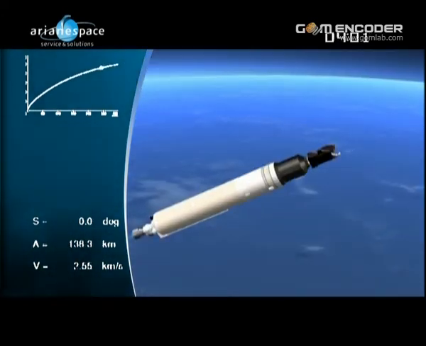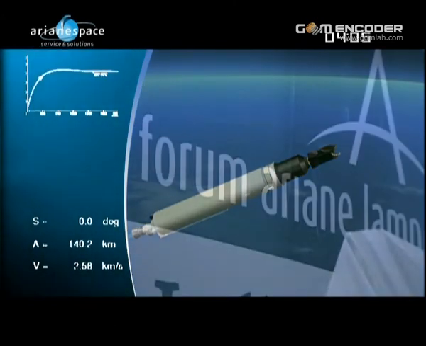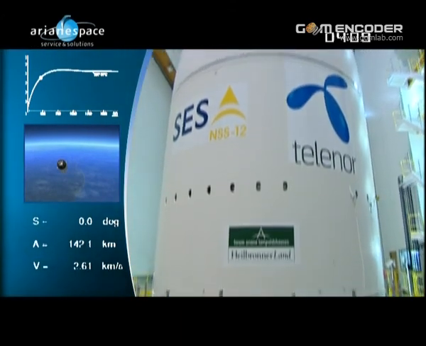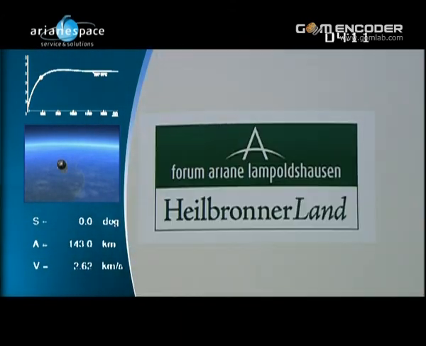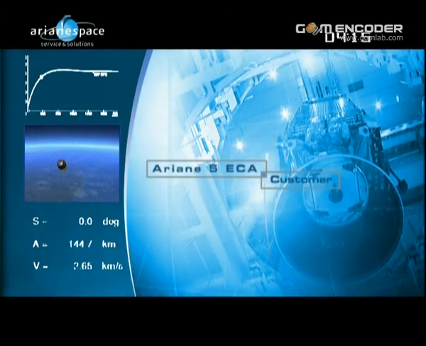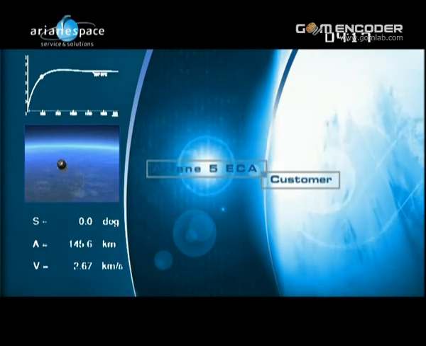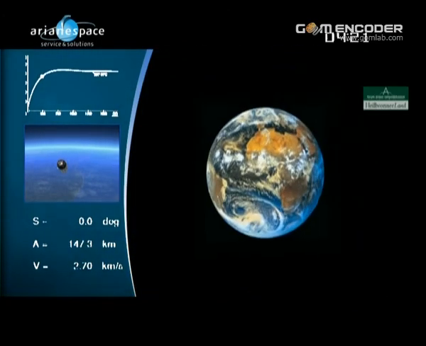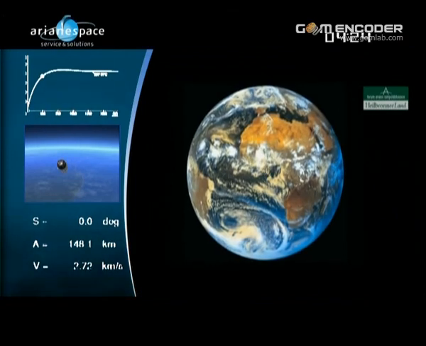And of course, as we go through the flight, we're burning fuel and losing weight. Now, remember Lumpolshausen. We're sporting the colours tonight on Ariane. Whoever wants to present the world from this perspective was most probably given the